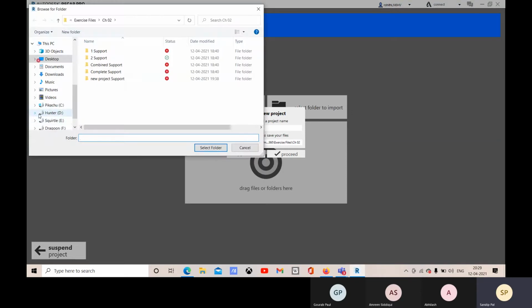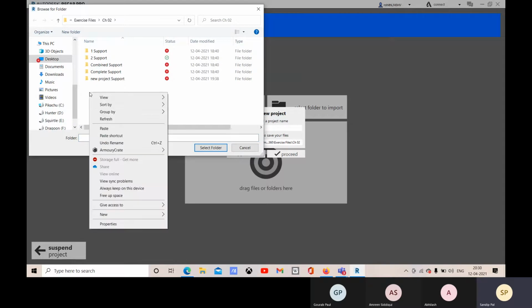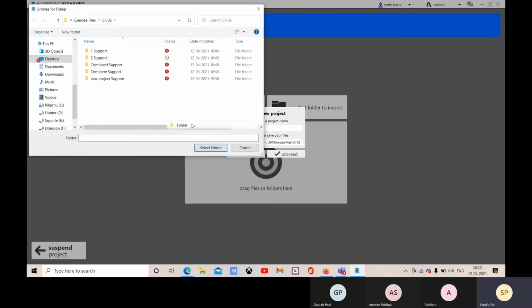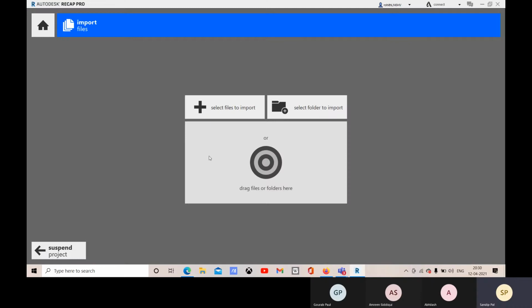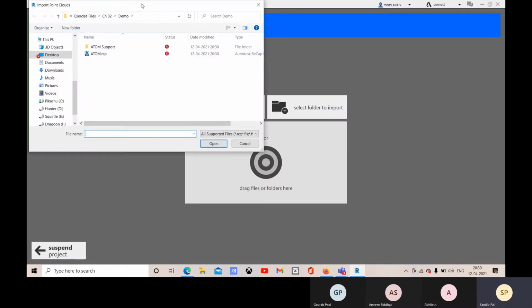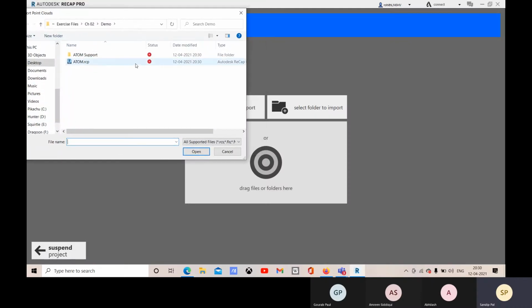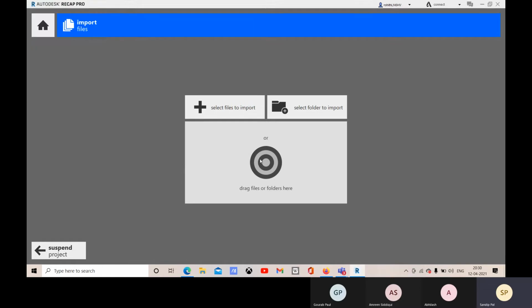First you select one folder, and here you can create a new project folder. Let me go with the demo folder. You select this folder first, and then you can provide a name. Let me give this name, and you proceed. Then you select this, so this one will be opened. Okay, and you can open it.